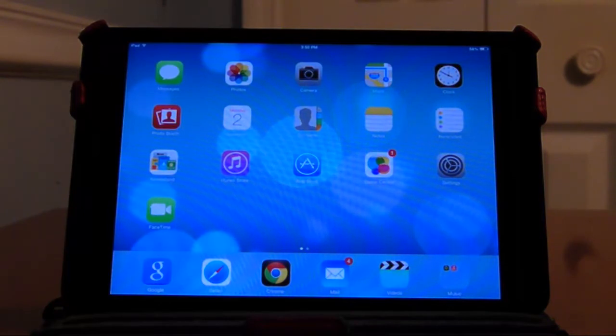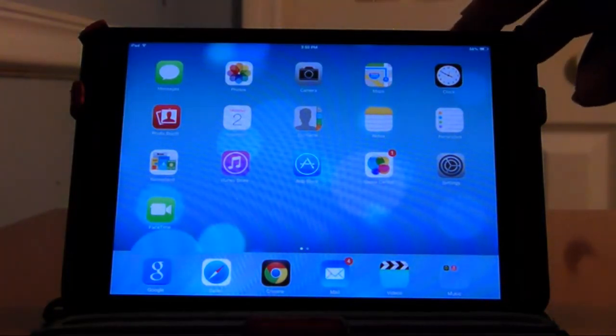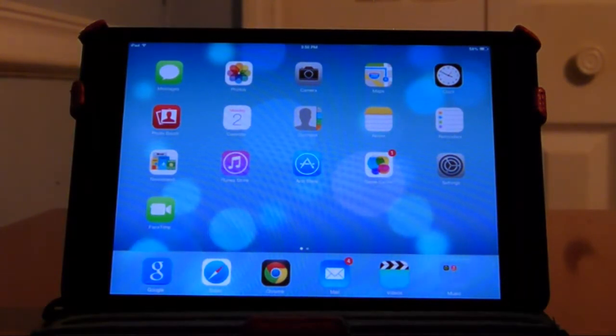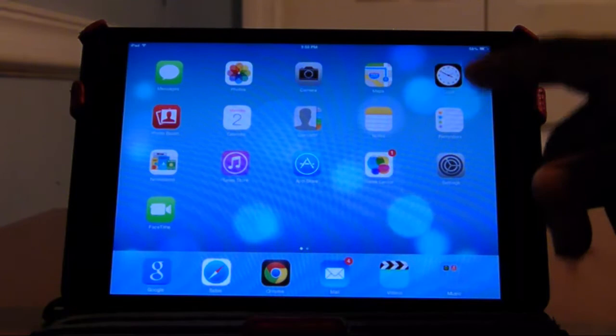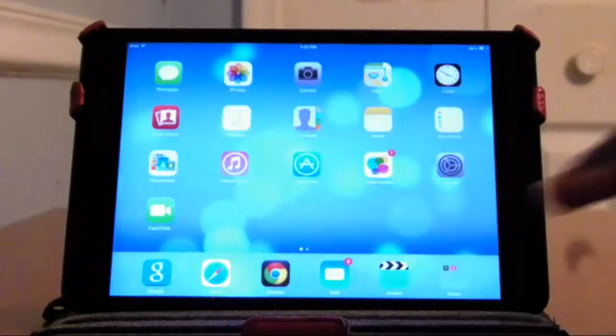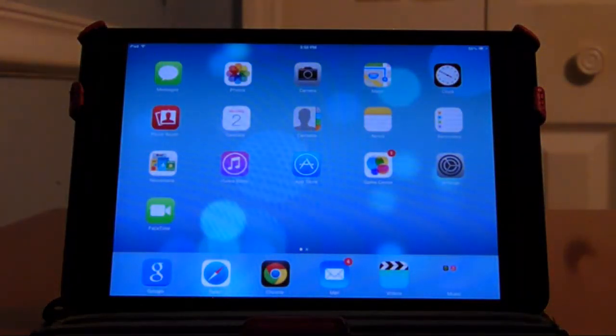Now you can't really see it from where you're at, but the clock app right here, it actually goes by the real time. So right now it's 3:50, and the clock app actually says 3:50 in analog time. So now let's go over some new gestures, and it's only really one new gesture that it has,